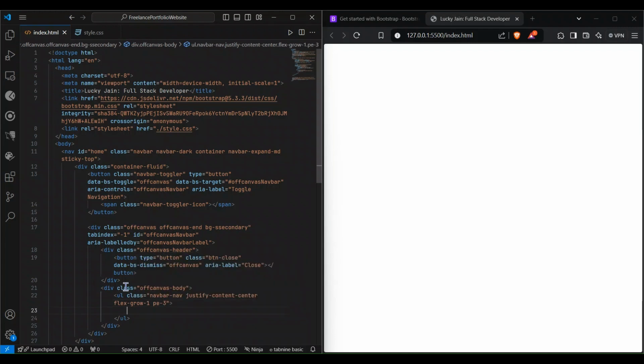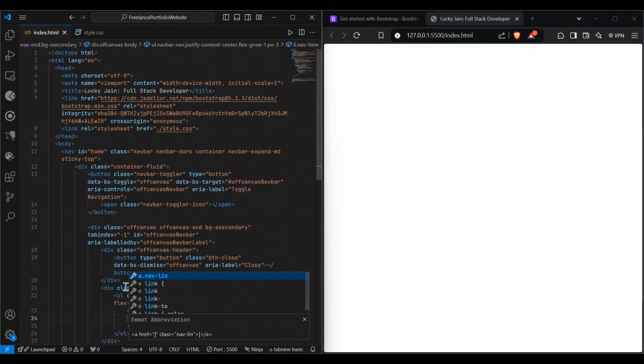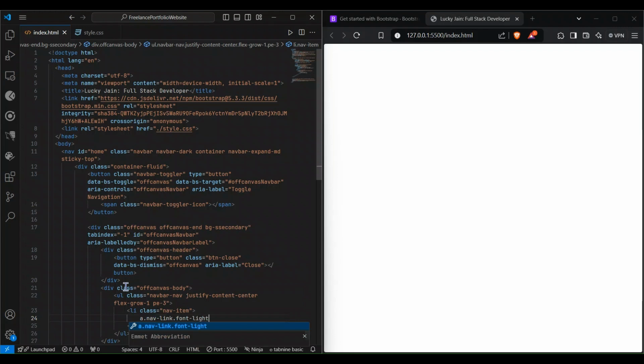Okay, now li dot nav-item, this will have a nav-item class, and a dot nav-link dot font-light, and href,